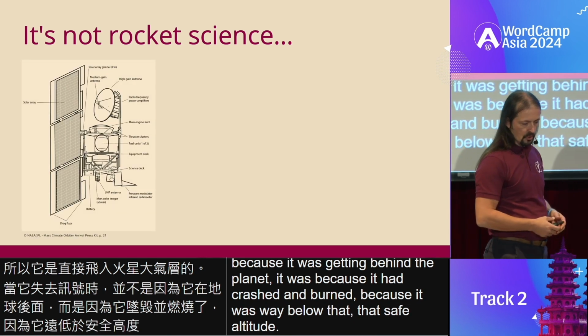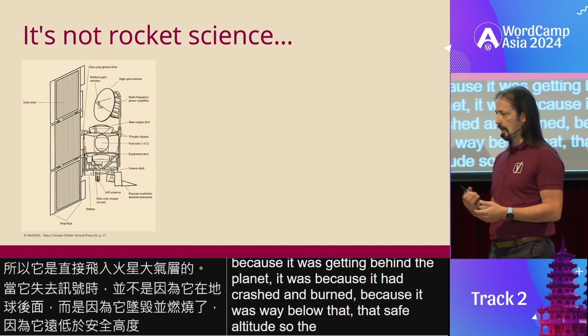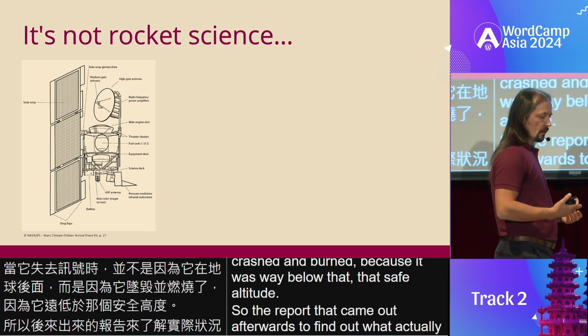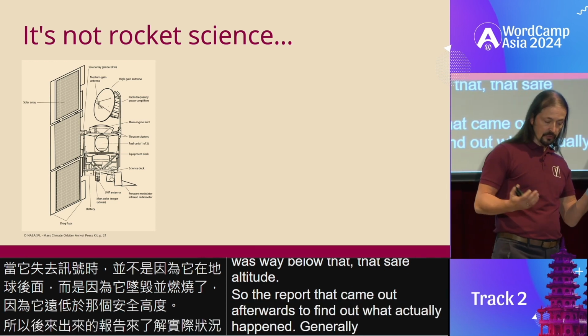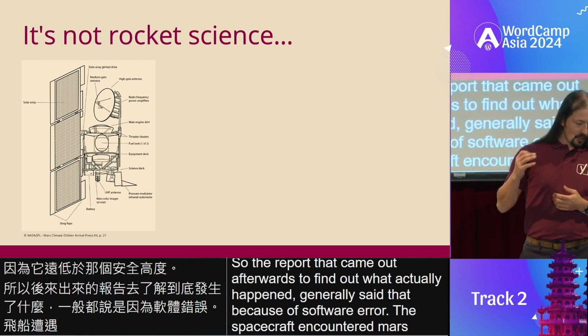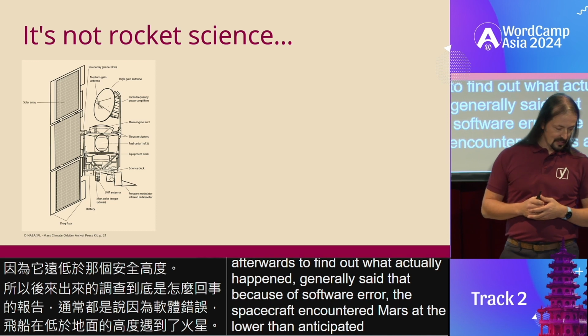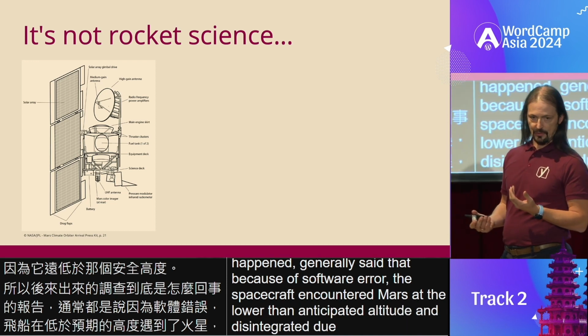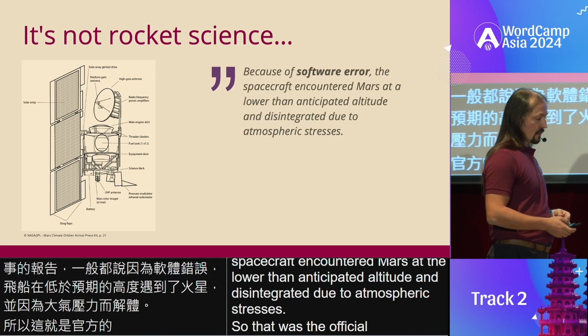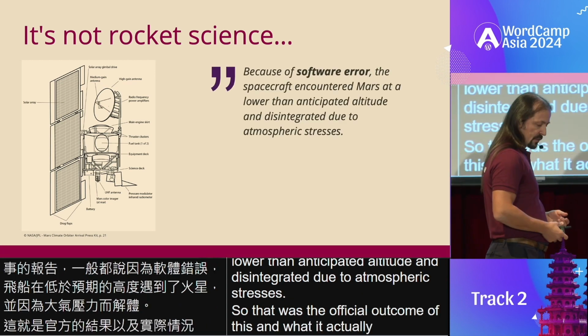So the report that came out afterwards to find out what actually happened generally said that because of a software error, the spacecraft encountered Mars at a lower than anticipated altitude and disintegrated due to atmospheric stresses. So that was the official outcome of this. And what it actually meant was that